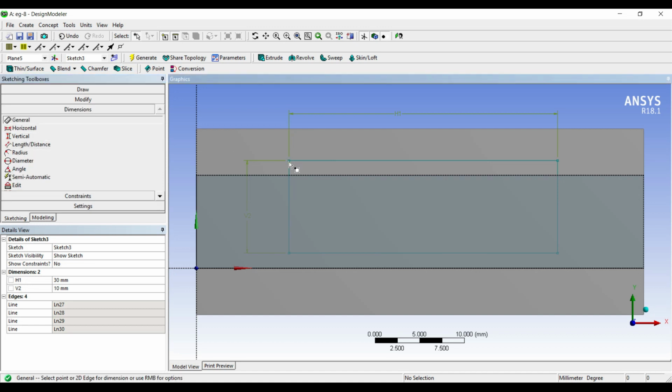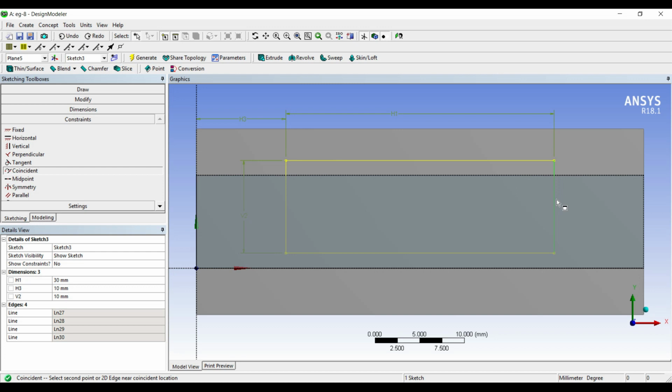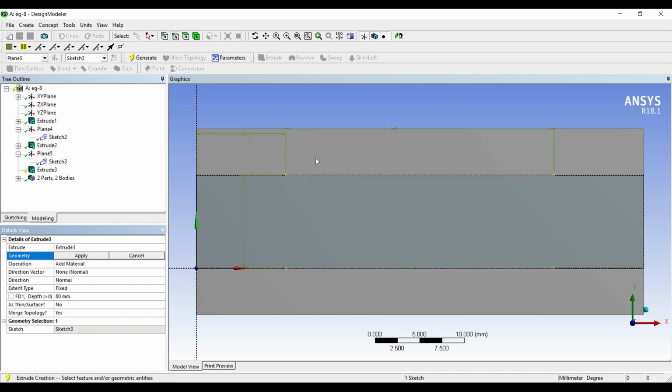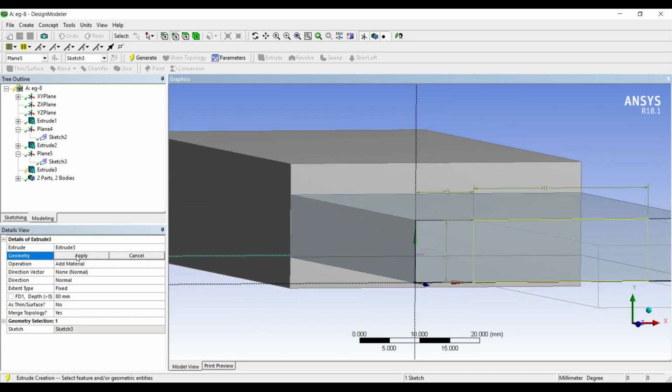The distance between this point and this line, this is 30 and the line behind is 50. So this H3 is going to be 10. Now I will use the option of coincident of this line and this one. Again I will go to extrude, geometry selected, apply, add material, the depth is 60, generate.